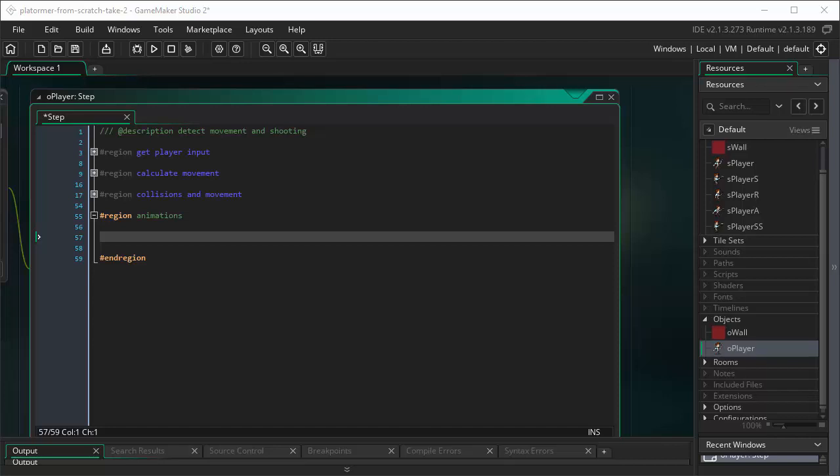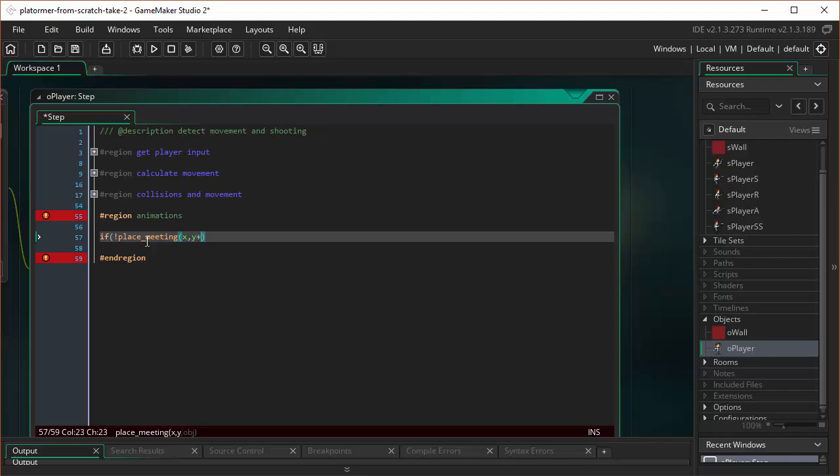Okay, let's start with imagine that we are jumping. So we can come in here and we'll start off by saying if not place meeting. If we're talking about jumping, remember the way we determined if we were able to jump is to see if there was a wall object 1 pixel below the player. Remember that? Before, we said if place meeting x, y+1, object wall, that meant we were on the ground